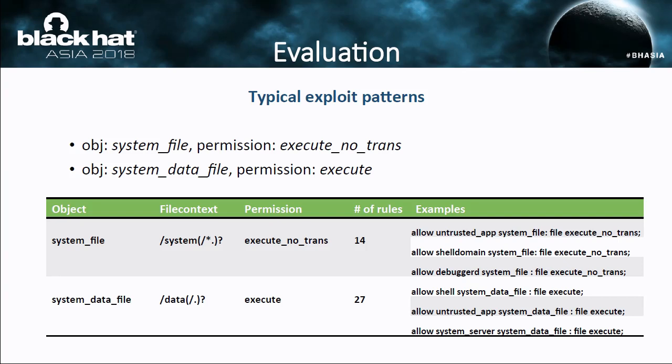And the second is object is system data file, and the permission is execute. You can see that we have done a summary, or a statistical analysis, on the 2 exploit patterns. For the first one, you can see that we also get very vulnerable rules like the untrusted app and also the shell domain. Even for the last one, no debug D to execute no trans for the system file is